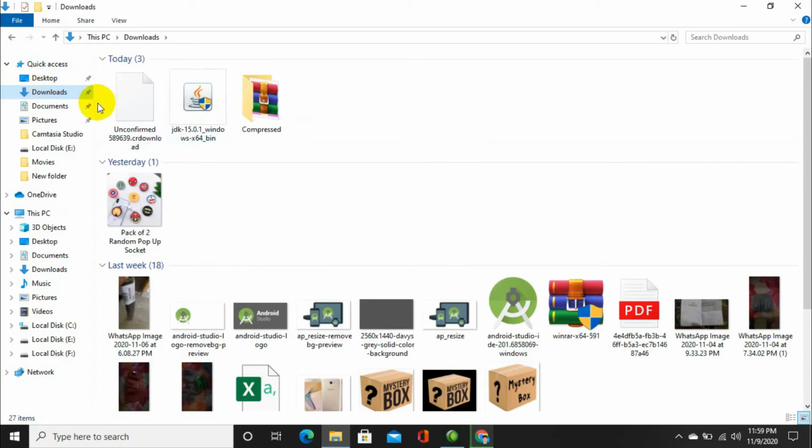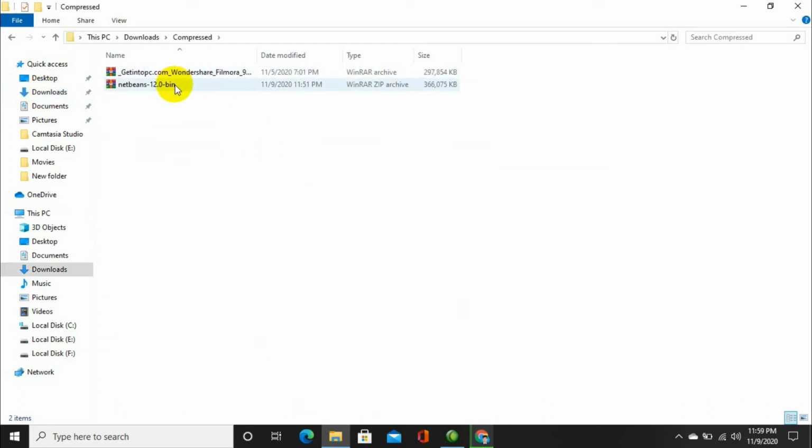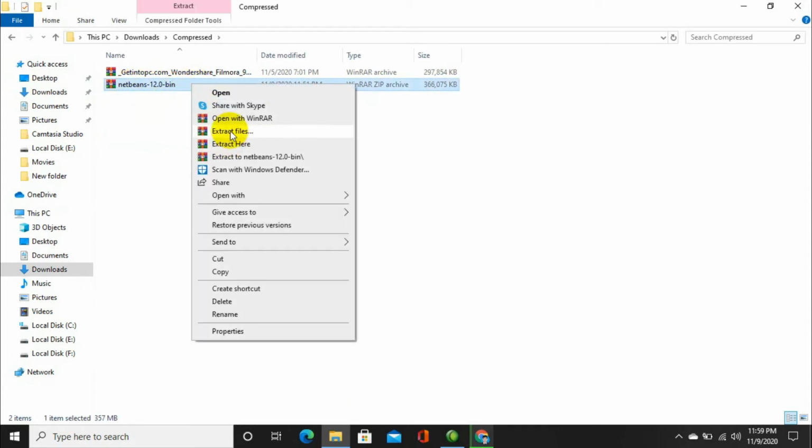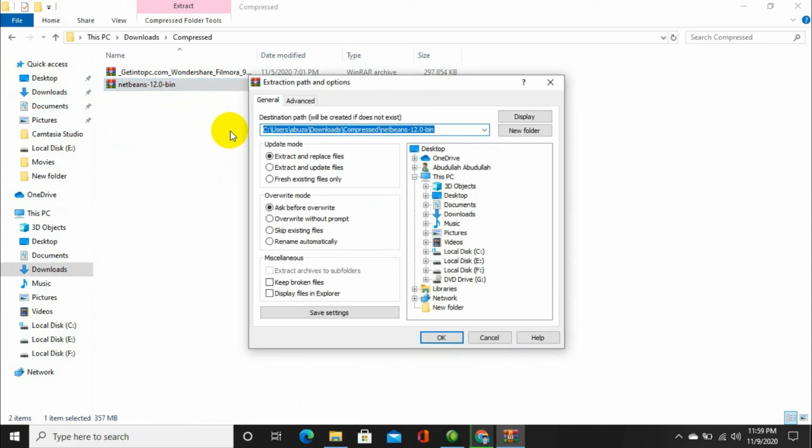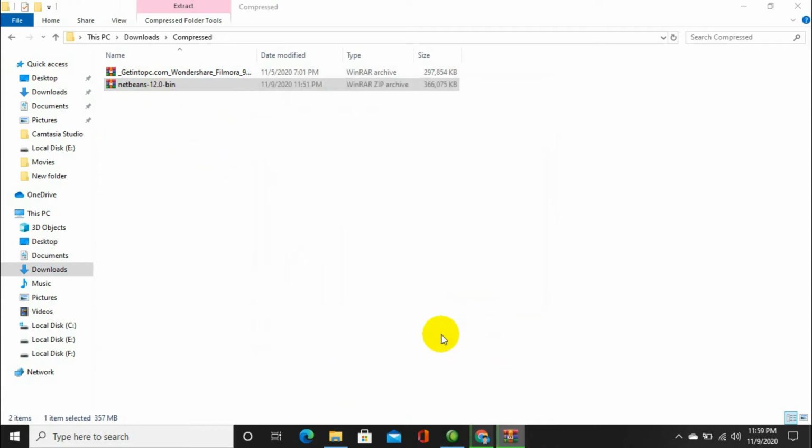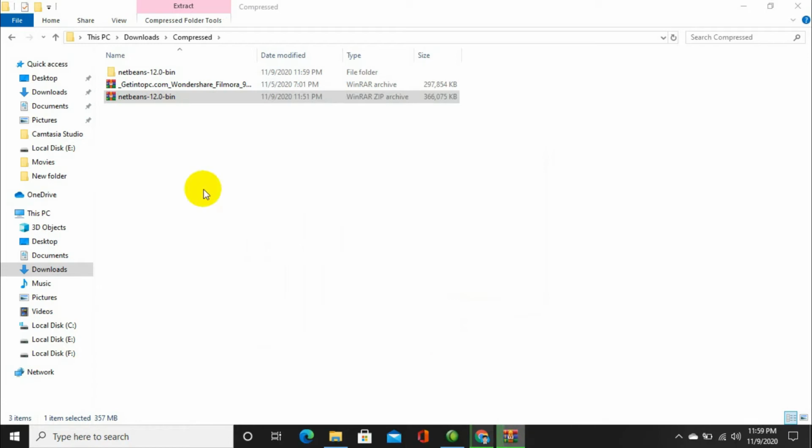In my download section, here I have NetBeans 12.0. Right click on it and click on extract files, and it will extract NetBeans to this folder, and then click on OK. It will take some time.